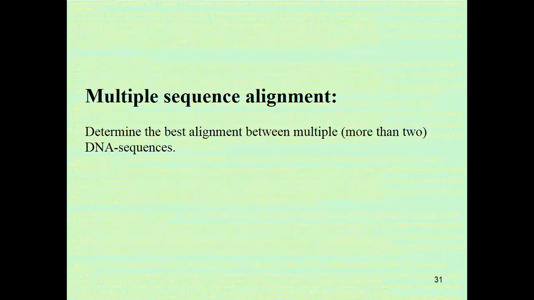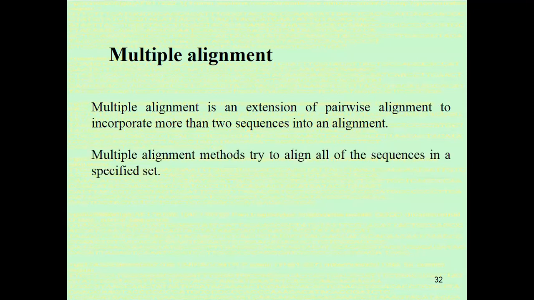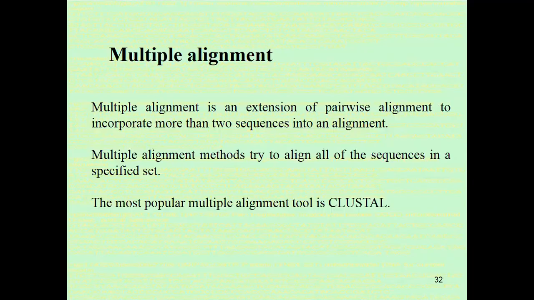After that, we have multiple sequence alignment. That is also a good concept. For multiple sequence alignment, we have to align more than one sequence at a time and check the conserved portion from all of these sequences, no matter whether they are protein sequences or DNA sequences. Multiple sequence alignment is an extension of pairwise alignment to incorporate more than two sequences into an alignment. Multiple sequence alignment methods try to align all of the sequences in a specified set,